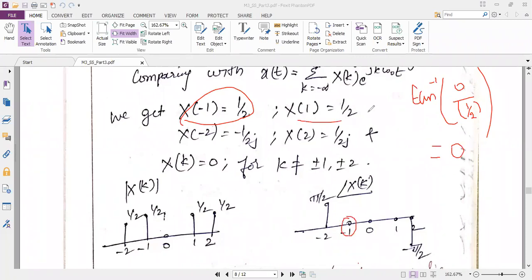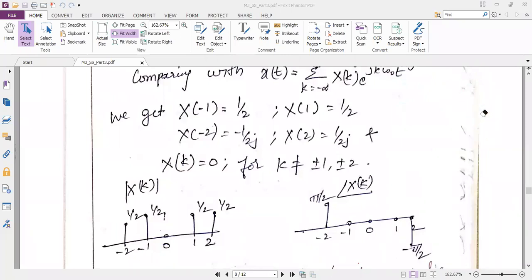And even at plus 1 it is having only the real term. So here it is 0, and I think here also I have made some mistake. For the magnitude at plus 2, that means x of plus 2, it is 1. I'm sorry, I did not see the j part. Even the first problem, the plot is also wrong. Let me explain what is wrong here.